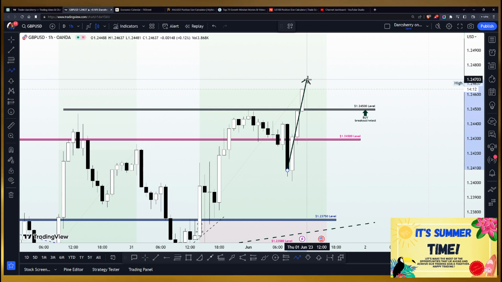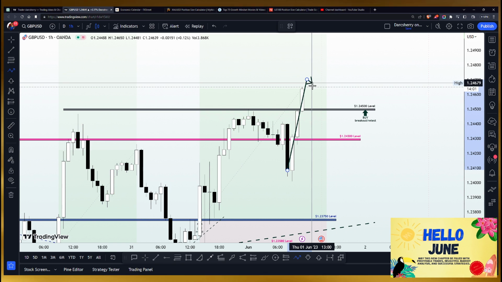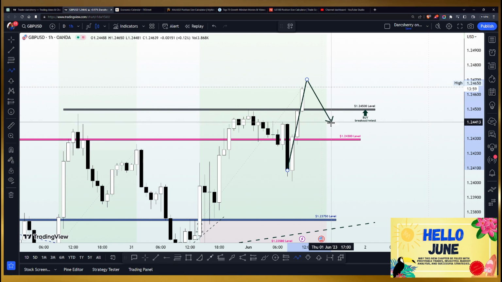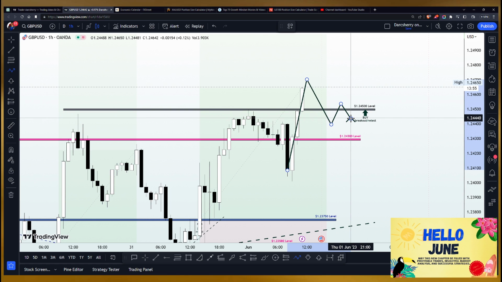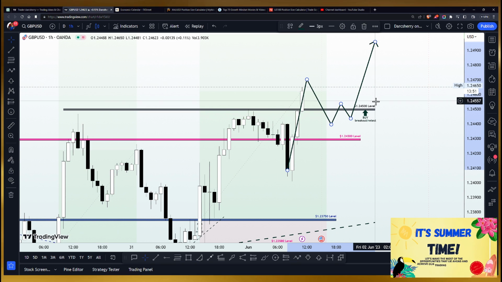So with the breakout of structure we have here, if you had missed out on that one, please, you want to remain patient here. You don't want to jump in front of a moving train right now, so you want to remain patient and wait for a possible retest of structure to happen, where the appearance of buy pressure around this area on our lower time frame will give us an opportunity to join the trend continuation to the upside. So let's keep this in mind.